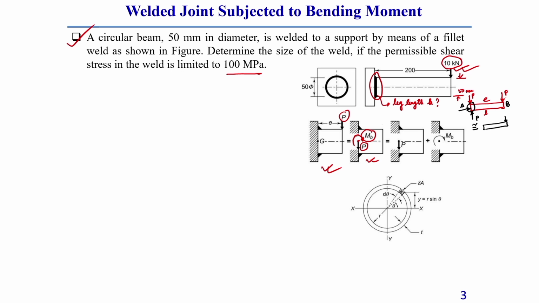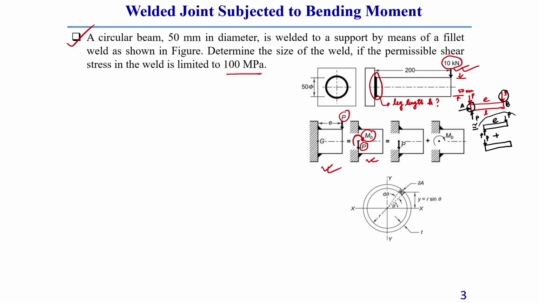this is one load and this is another load, plus there will be this, correct, because once we shift this load from here to here, there will be two parallel loads with a distance e, and there will be another applied load, the P, also there. This way you can combine, you can write like this.